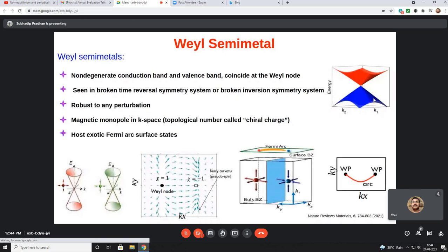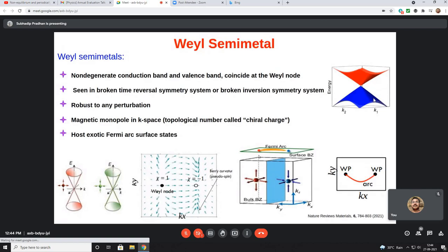Now I have this Weyl semimetal Brillouin zone, the 3D Brillouin zone. I have two Weyl nodes at this position and that position. Between these two Weyl nodes, this kx-kz plane, in this case the kz plane, will have a Chern number C equal to 1, and all other planes will have no Chern number. So between these two points, there will be many planes that can be called a Chern insulator, and they have chiral edge states.